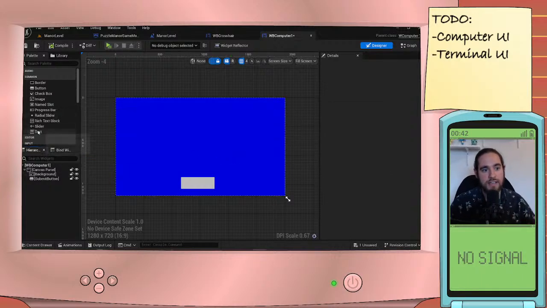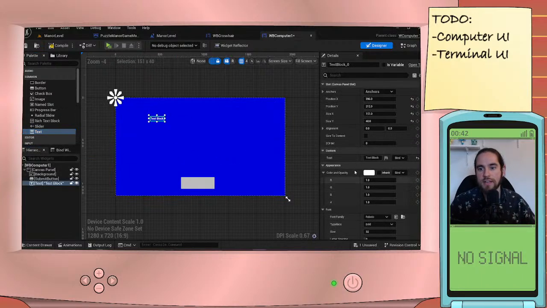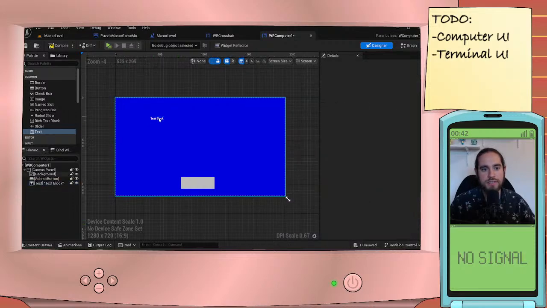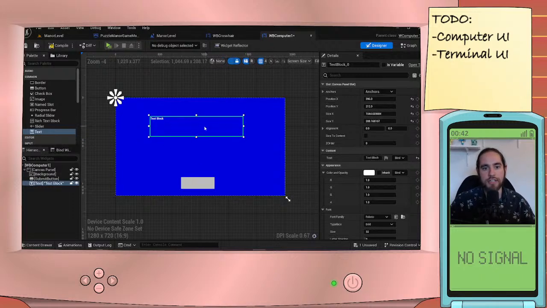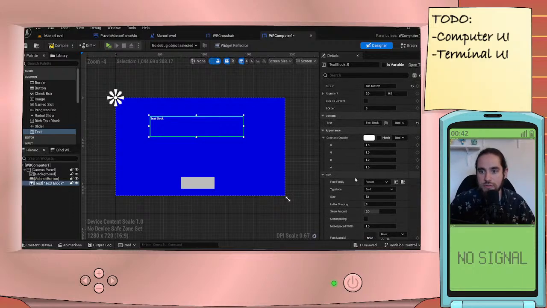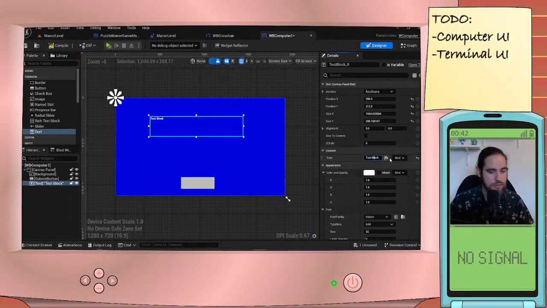So the first one, I wanted to say something. There's gonna be a bit of text. Okay, and that text, now let's keep it white. Let's make it much bigger. I'm just gonna block things out. It doesn't matter if they're not centered or anything like that. I'm gonna fix that later. For now, I just want the text to say something a little more interesting than this. So it's gonna say, just like I said last stream, from top left,